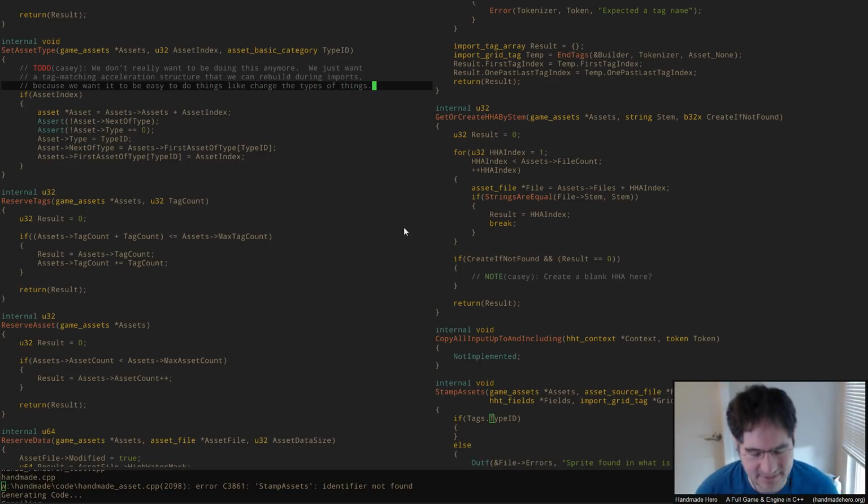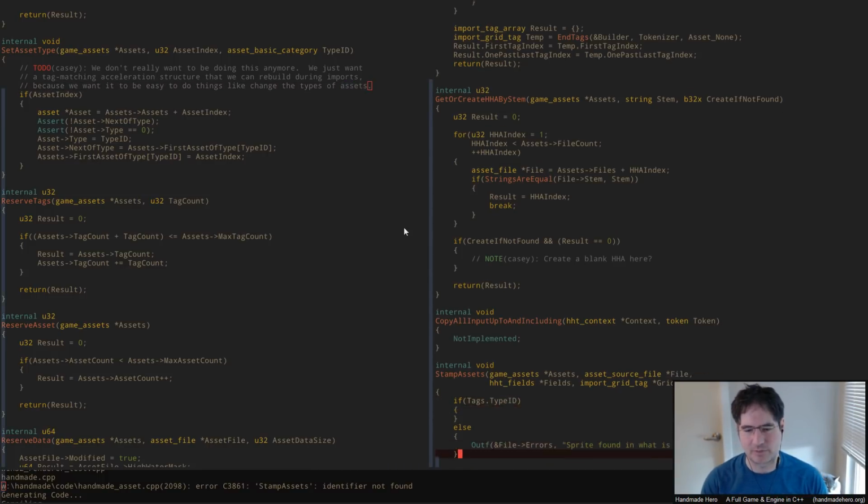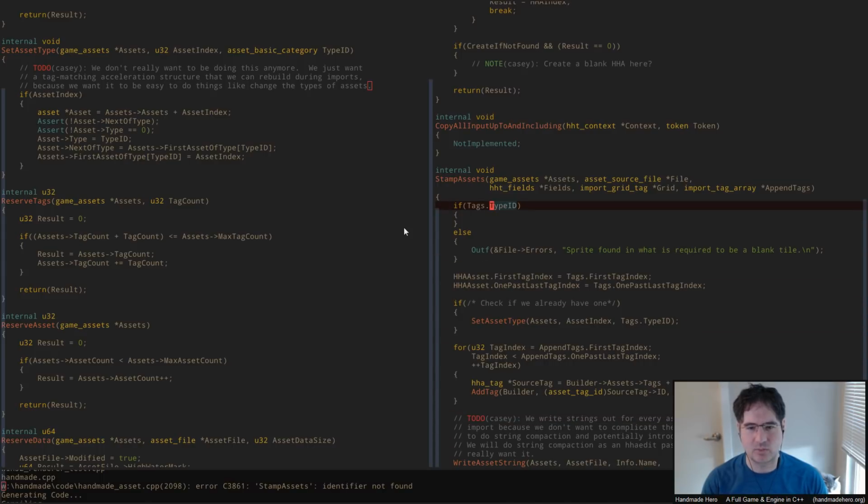I think we just want to make sure that that's a little bit more robust going forwards. Anyway, when we come through here, we're going to want to do set asset type on this thing, and so we're going to have something that actually does this check here, so we don't call this unnecessarily, and that's going to be right